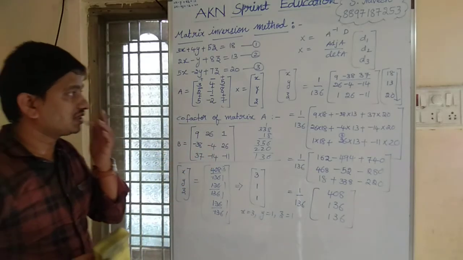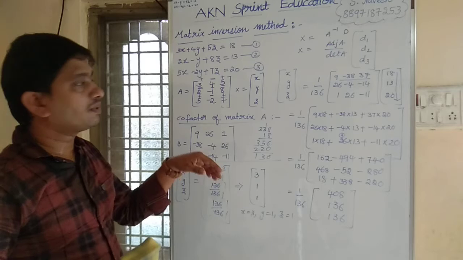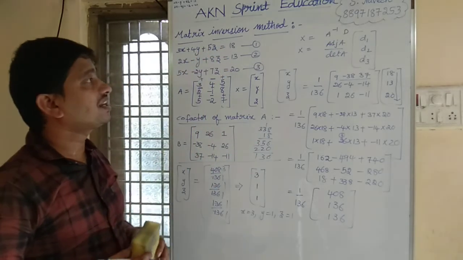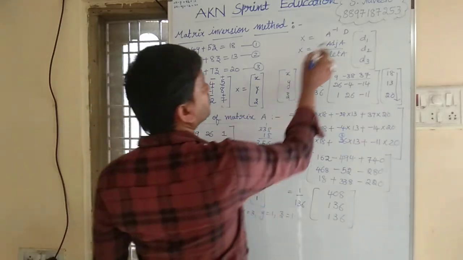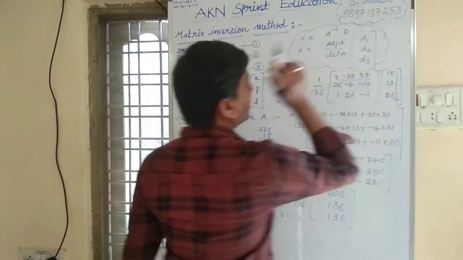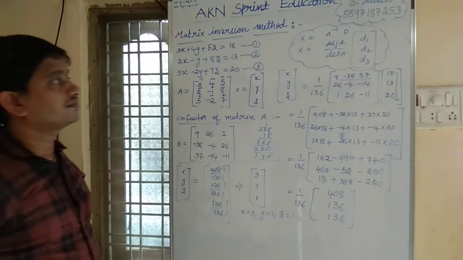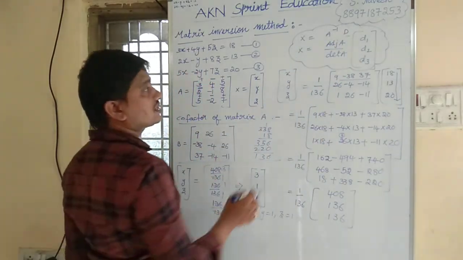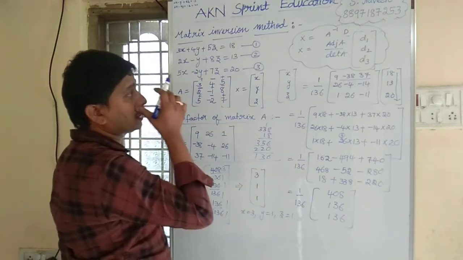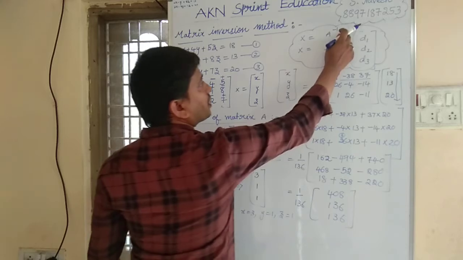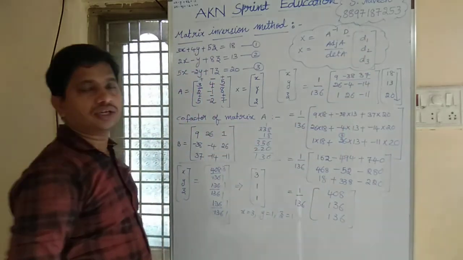Okay, this is the procedure for solving a system of equations by using the matrix inversion method. So matrix inversion method means we need to remember, that is X is equal to A inverse into D. So this is the most important point. X is equal to A inverse into D. Okay, what is A inverse, children? A inverse in the sense adjoint A by det A. Right? So we know D is nothing but D1, D2, D3.